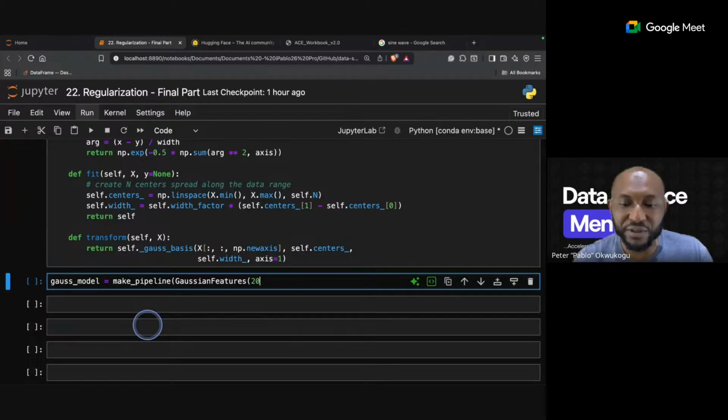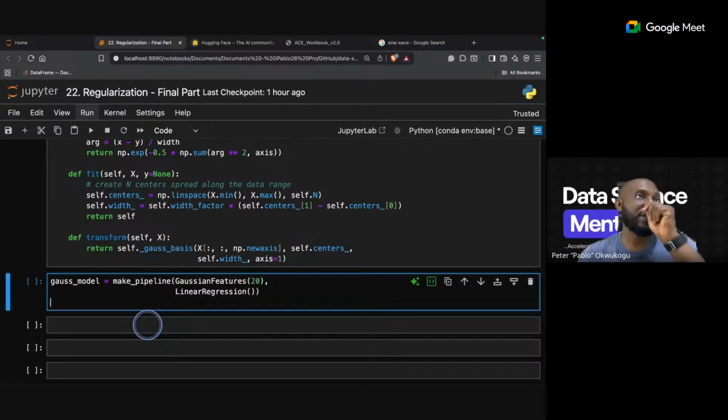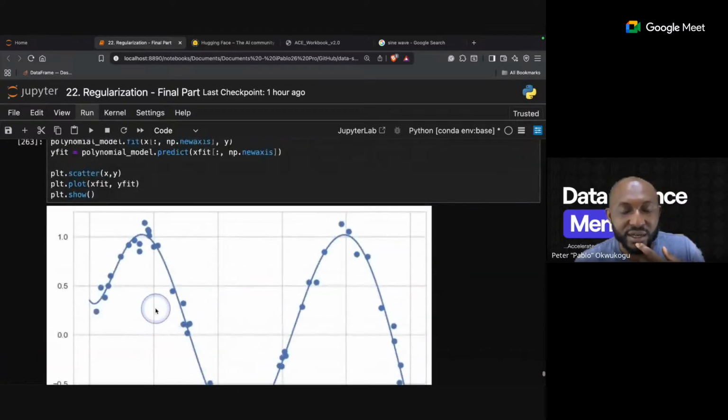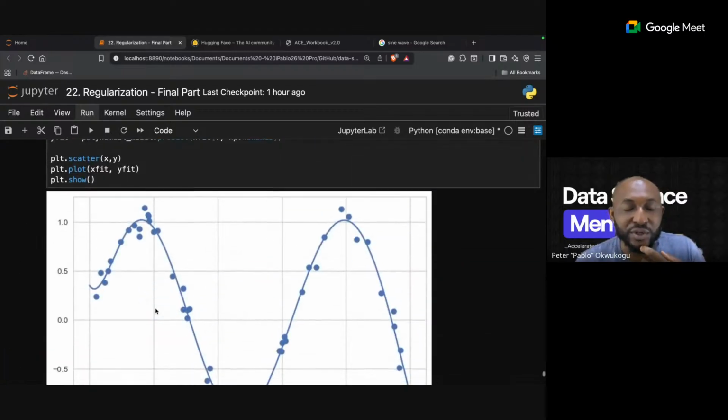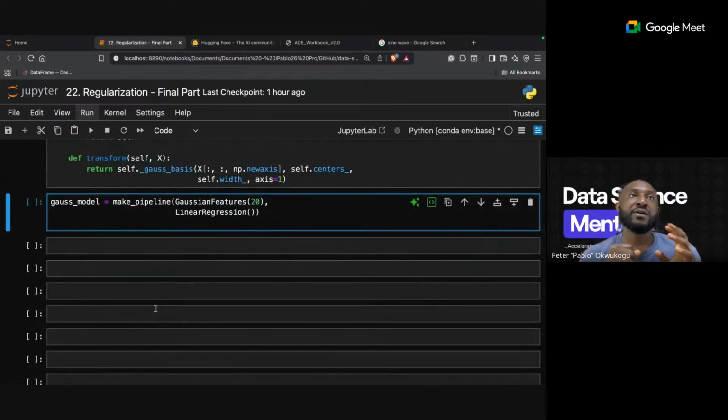We had our polynomial features, then we will introduce our linear regression, right? Just like we did before. Here we're going to use a Gaussian feature that we'll be tuning, thinking of it from a normal distribution rather than a polynomial distribution.